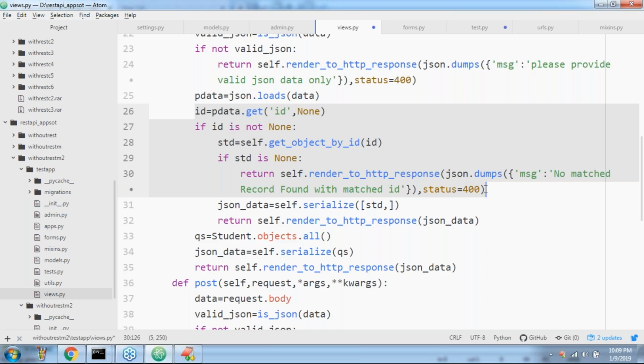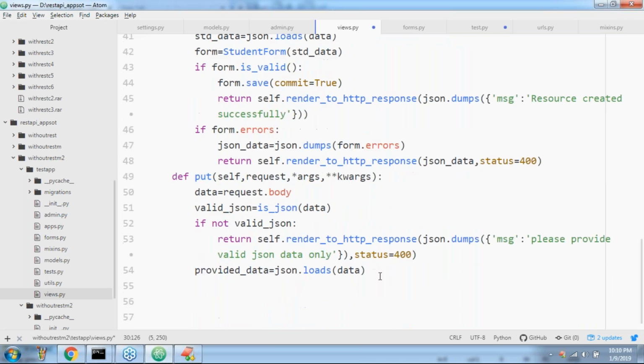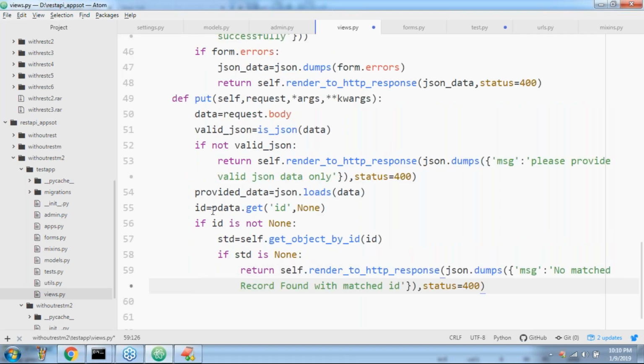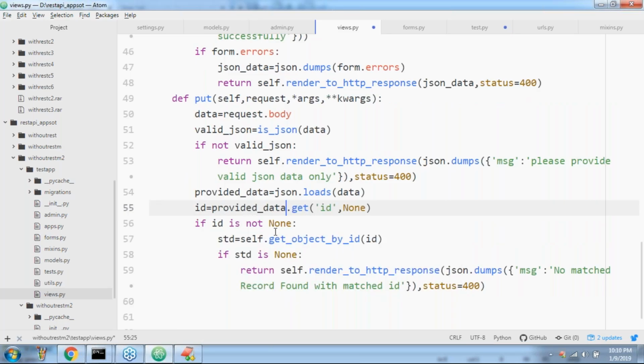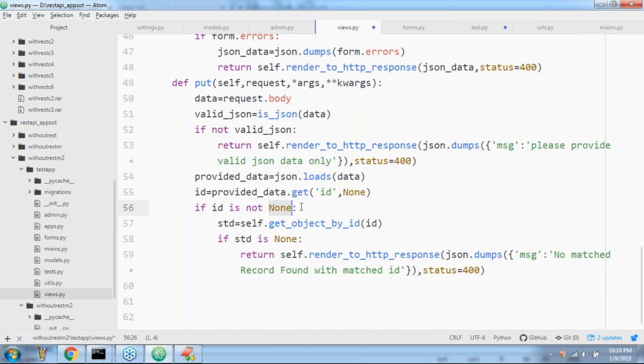What I'm trying to take is, now have a look once, sir. Observe very carefully, sir. Here I'm taking ID is equal to provided_data.get of ID comma None. If ID is not None, sir, just take very special care. If ID is None, let me take this one first, because for not None I want to do a bigger activity.